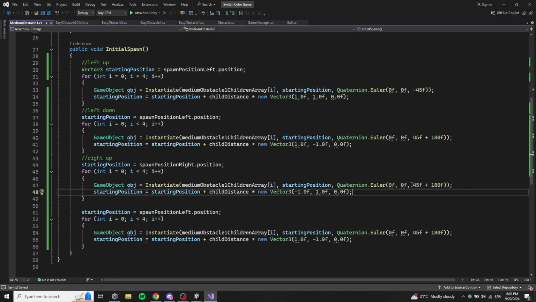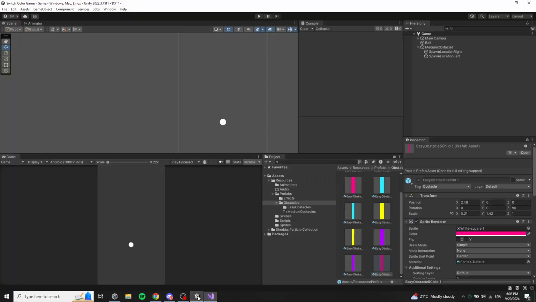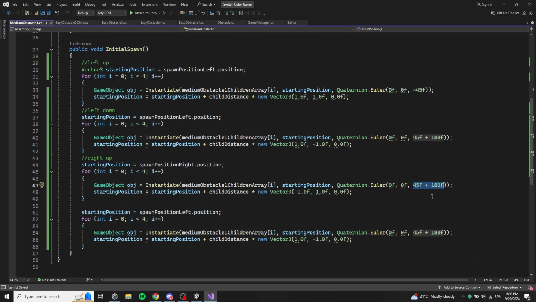And here the rotation we need to experiment and see. I don't know, we need to try. Should be 45